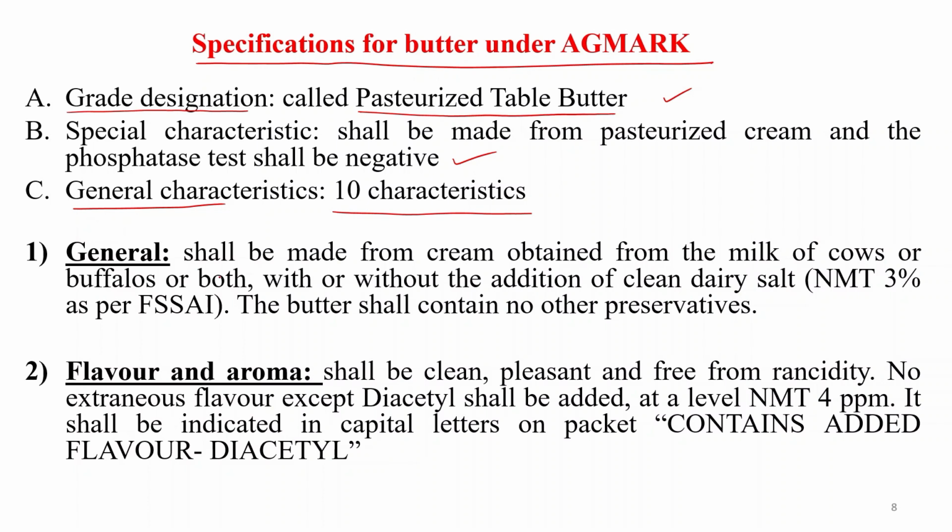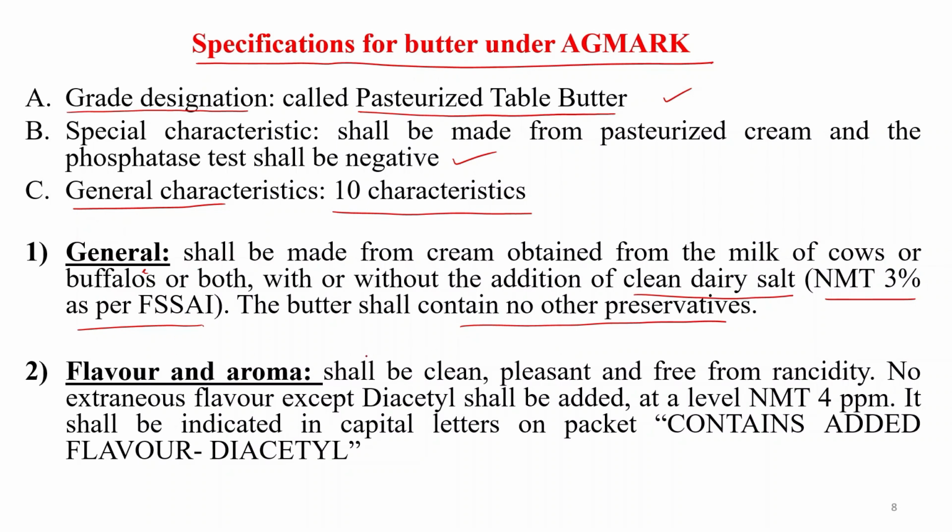That first is general, that shall be made from cream obtained from the milk of cows or buffaloes, or both, with or without addition of clean dairy salts. So clean dairy salts should not be more than 3% as per FSSAI, and the butter shall contain no other preservative. Previously BHA was allowed in butter and ghee, but now it is not allowed. So butter shall not contain any preservative, and salt if present should not be more than 3%